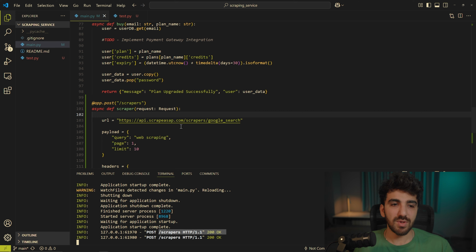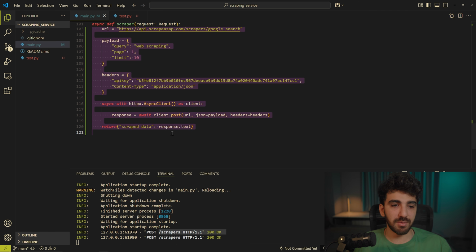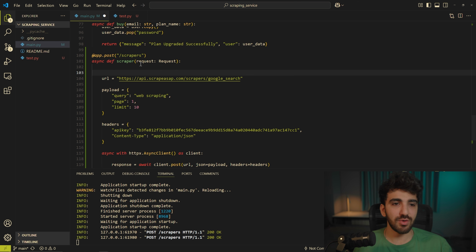And so now I'm going to show you very fast how to make it dynamic. Do you have any idea how to make this endpoint dynamic? Because right now we only send a request to ScrapeASAP for the web scraping query. Do you have any idea? We need to just read the data. You remember